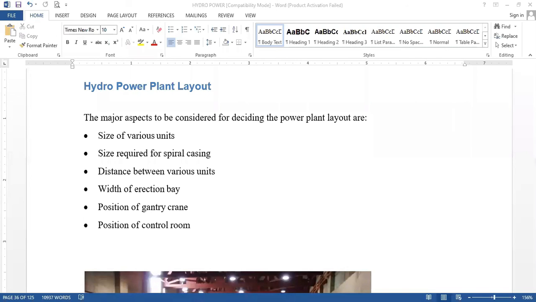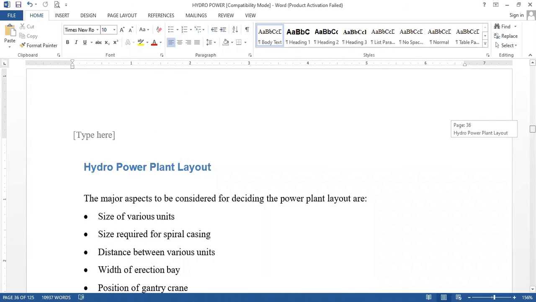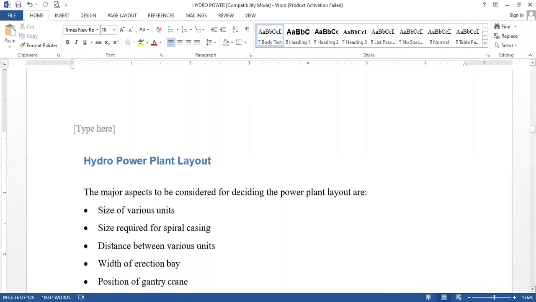So today we have finished with the physical sort of components or major components of the hydroelectric power plant. So in the next lecture, we may discuss some sort of numericals and the remaining part of the theory of hydroelectric power plant. Is there any question?